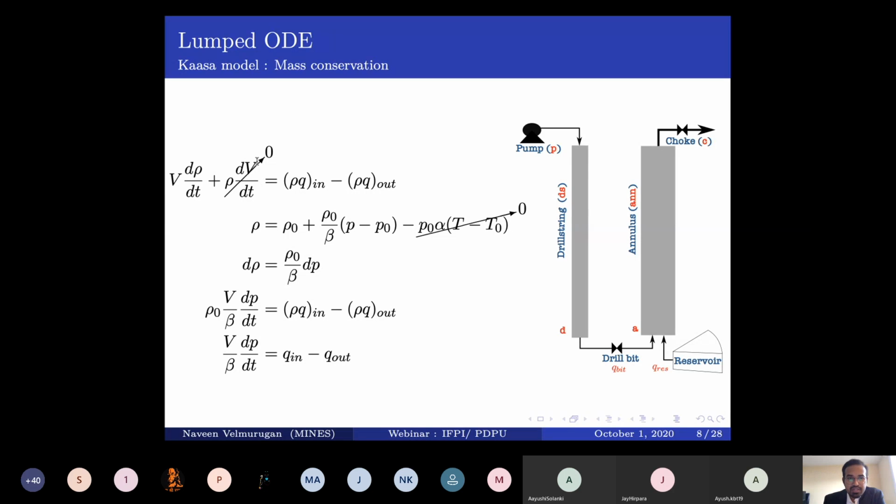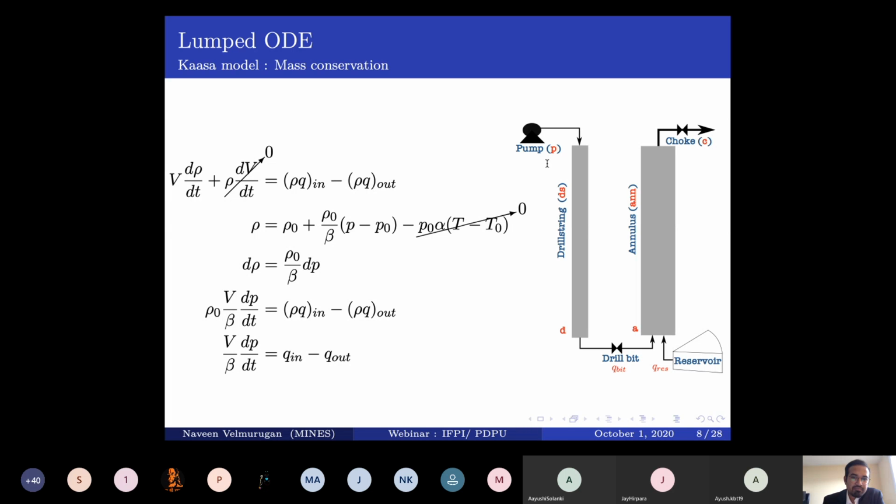In reality, you're going to have some term here because you're drilling ahead, so you're continuously increasing your volume over time. This will become a function of your rate of penetration, ROP. Once you have that, you can already see we have some functions in density, and also some function in the density of fluid with respect to time. It's quite difficult to measure the density with respect to time or monitor it all the time at the surface. But what we could do is control the pressure, and it's much easier, right?